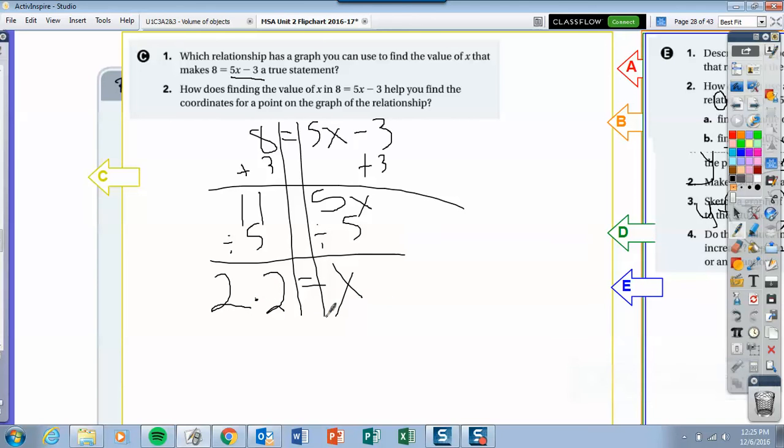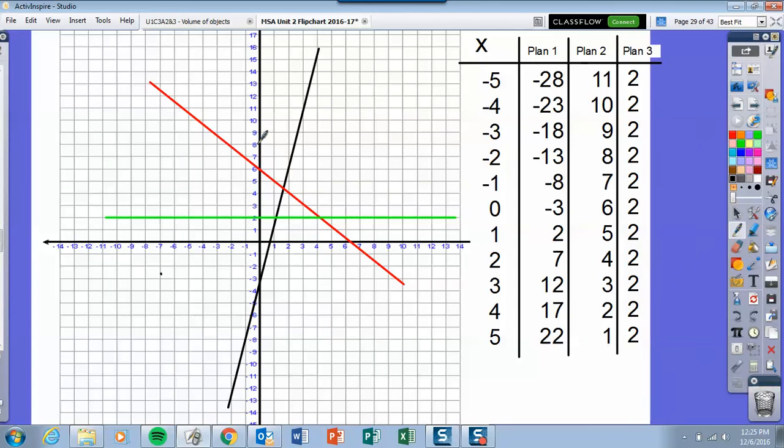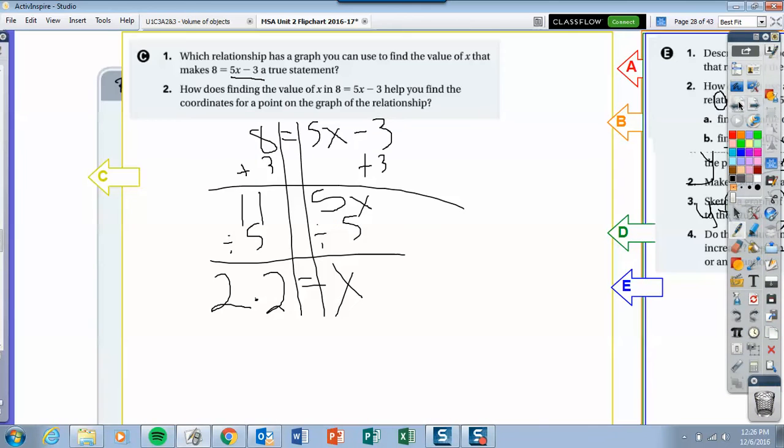So how does finding this value help me find the coordinates for a point? Well, when I look at my graph, I think, hey, the y I'm given is the 8. Over here, I know it's between the 2 and the 3 somewhere, and finding that x helps me solidify what that actually is. And looking at D,